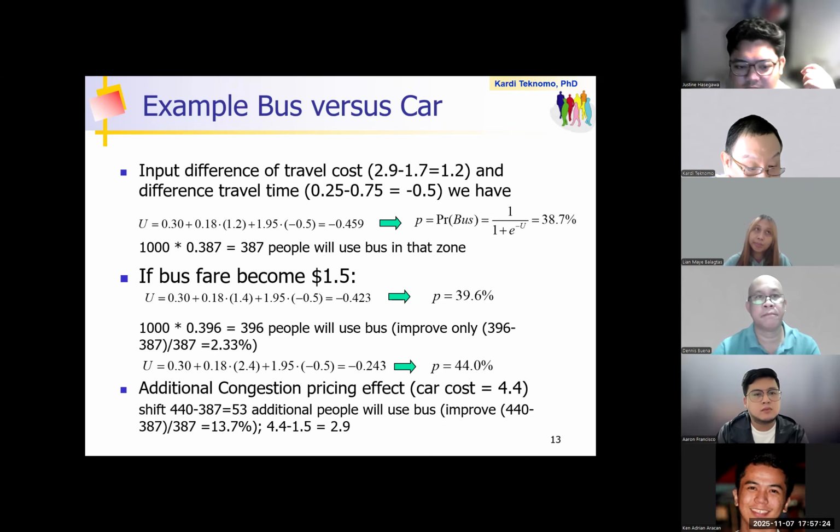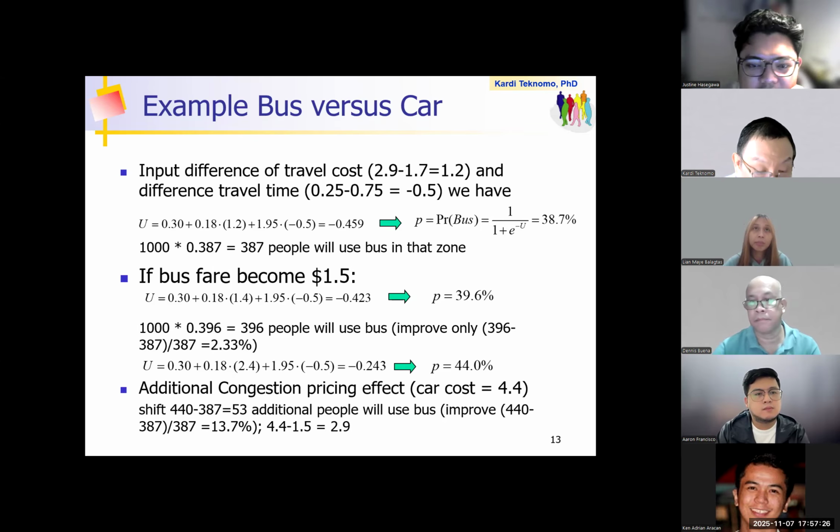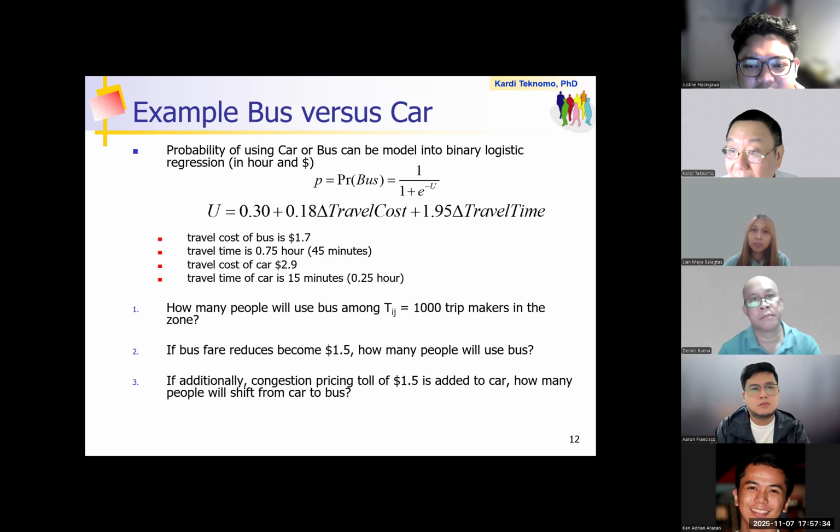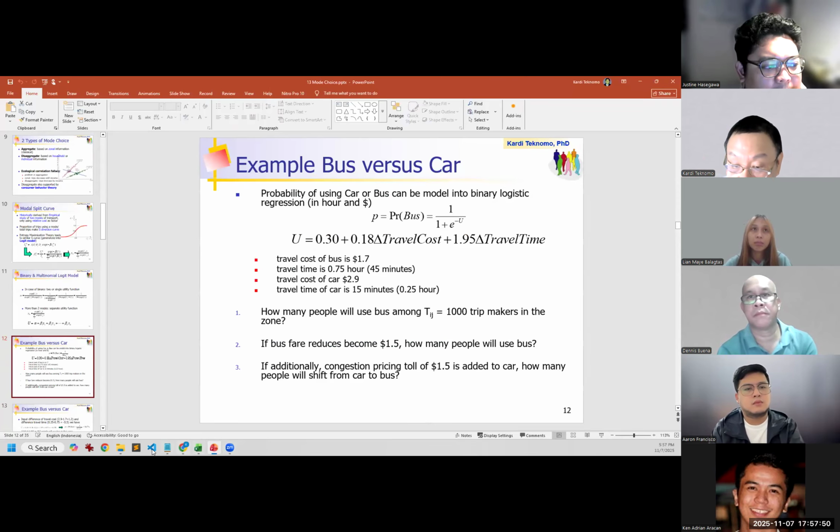Yes, Justin. Sir, for the formula of U, is it already given or defined by? Given here, yeah, this one. Yes, sir. So will it change if we have a different mode or different parameters? Yes. So a while ago, I will show you again the example in that